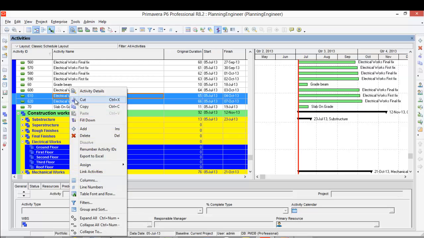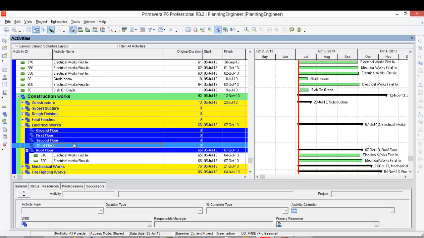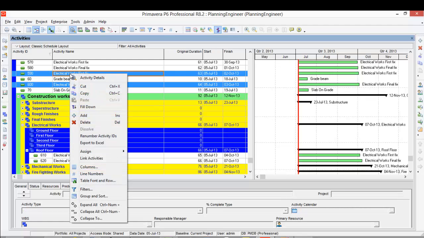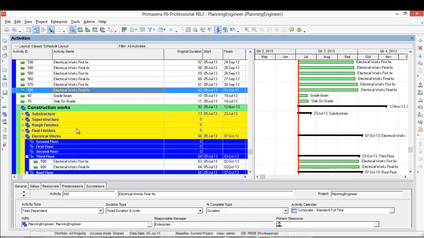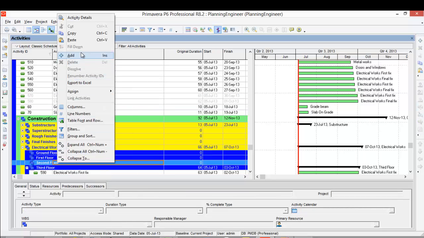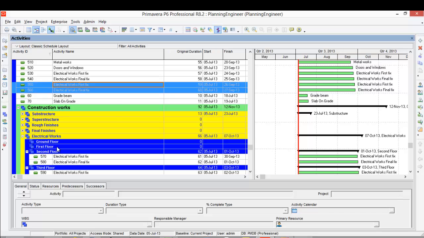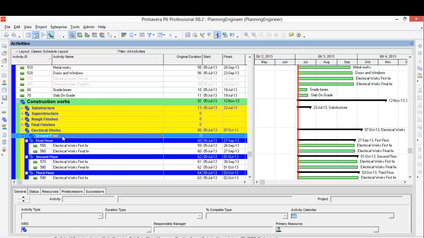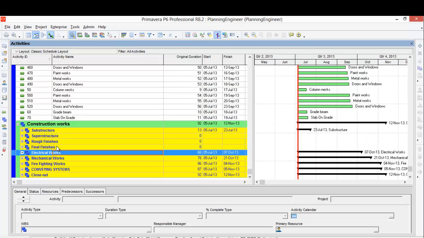So we'll do the same with the electrical works. I have here the first two electrical, this is for the roof. Then we have here electrical, and click Control to select the other electrical. Cut, right click, paste in third floor, and here is the electrical. Cut, do it in the first, then cut for the first, and this one for ground. Okay, we finished the electrical work.